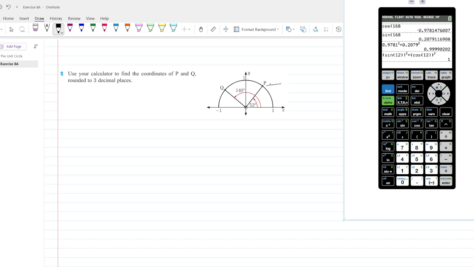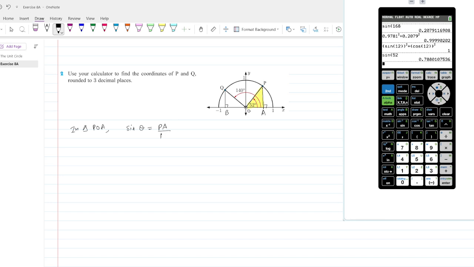So this is P and this is Q. So if we draw an altitude from P to the x-axis, let's call this point A, and from Q to the x-axis, let's call this point B. Let's call the origin point as O. Now in this triangle, in triangle POA, sin theta equals